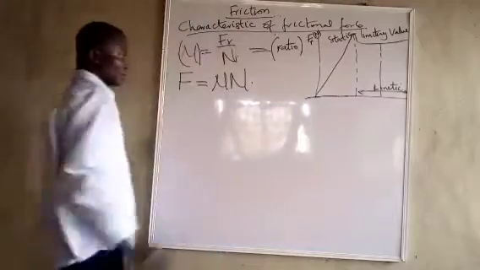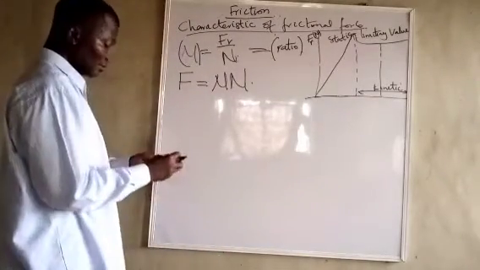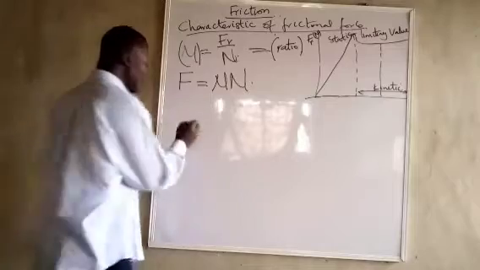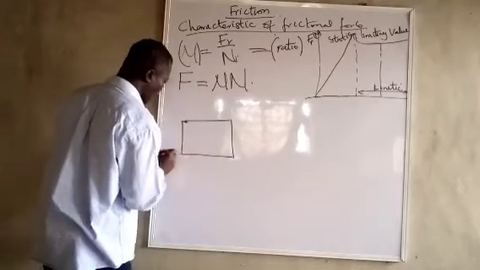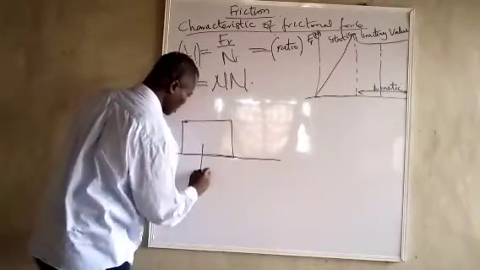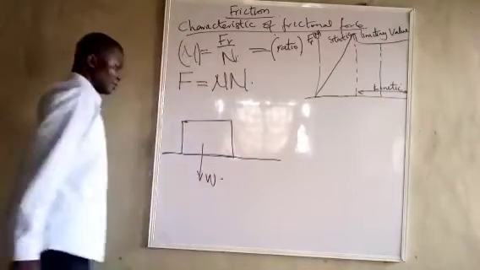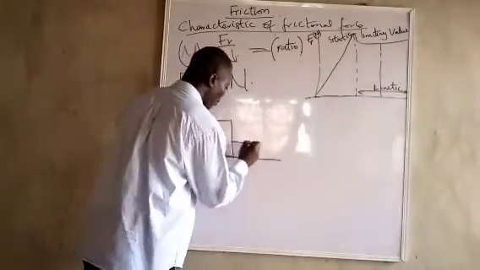So we don't have a unit for the name, just like ratios of angles and the trigonometric ratios. Now, if you have a body like this, and you want to calculate the normal reaction N, it has a weight W. The normal reaction for this one, when we have a force here,